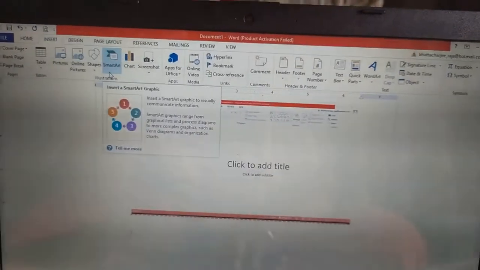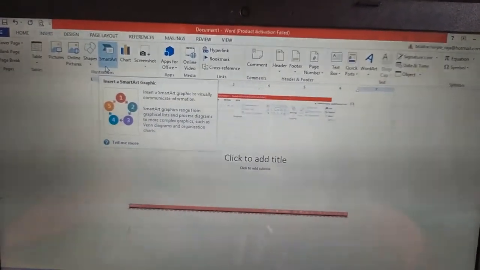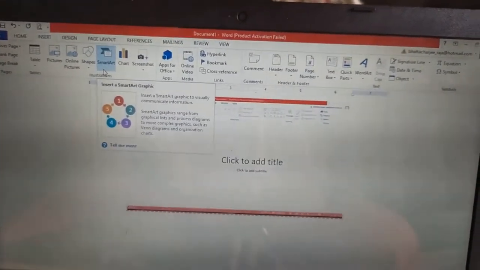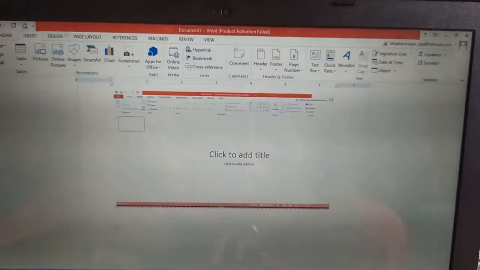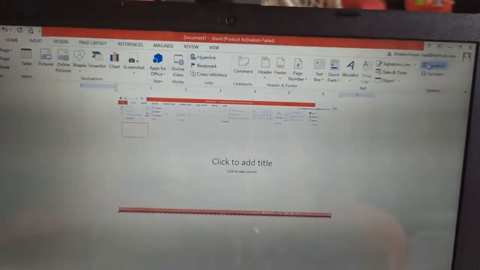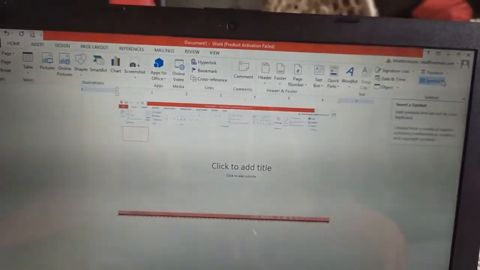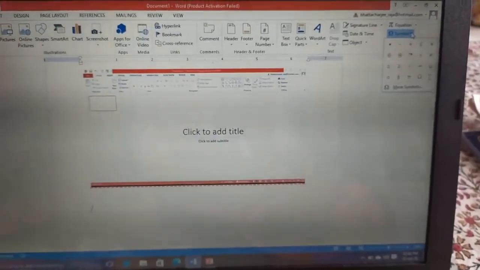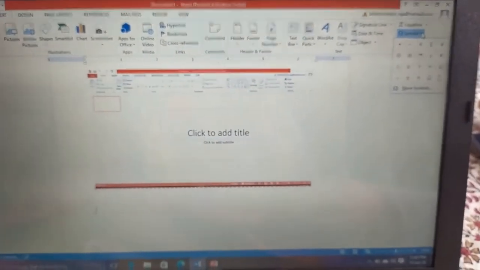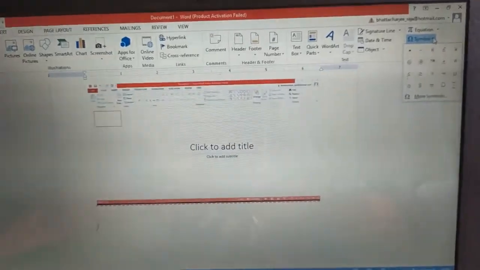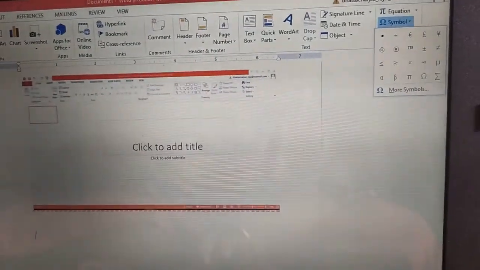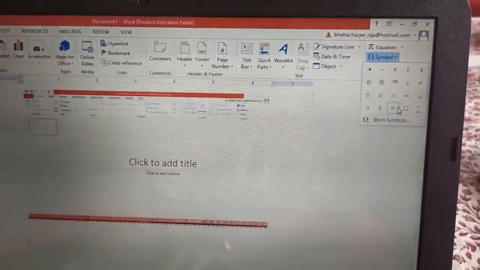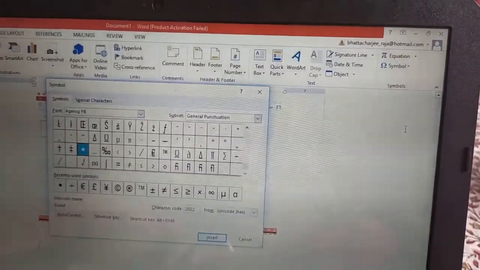You can find the Symbol option in the Insert tab. This is the Insert tab and this is Symbol. Click on Symbol. Different types of symbols are there. Either you can select any symbol from here or the More Symbols option is there.